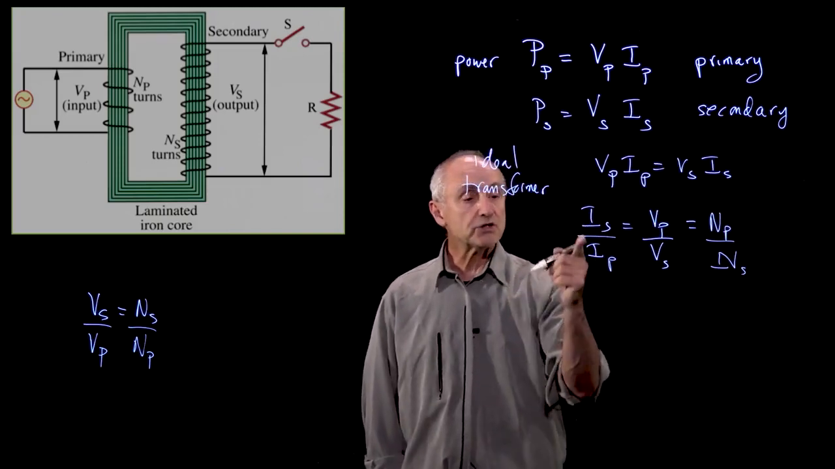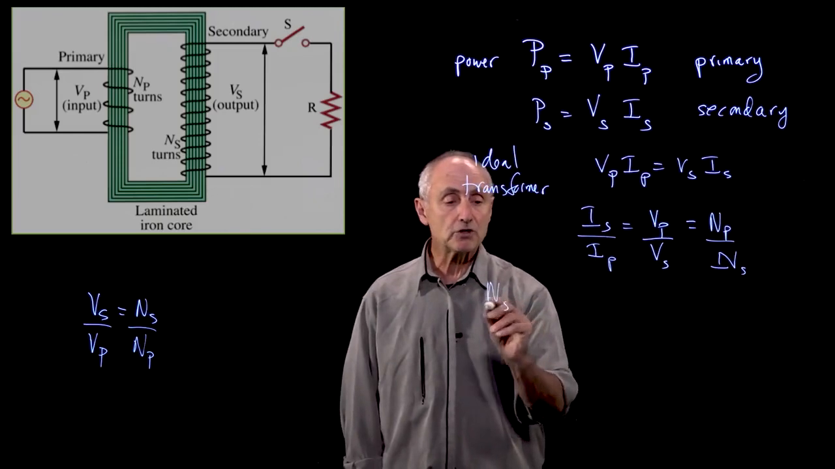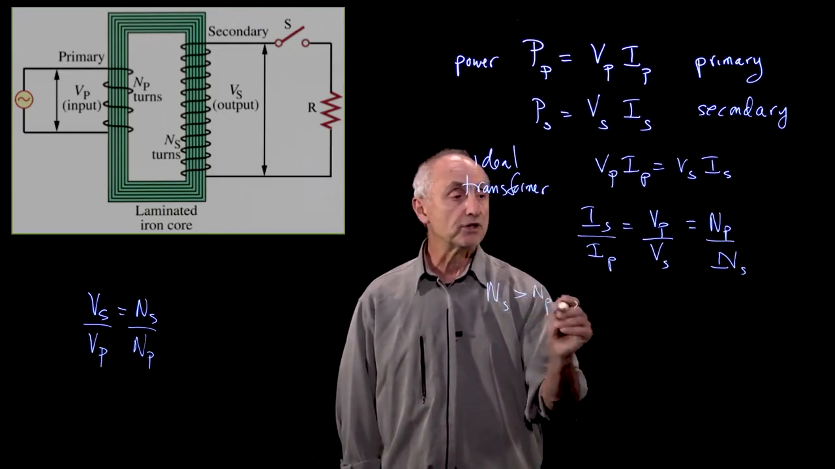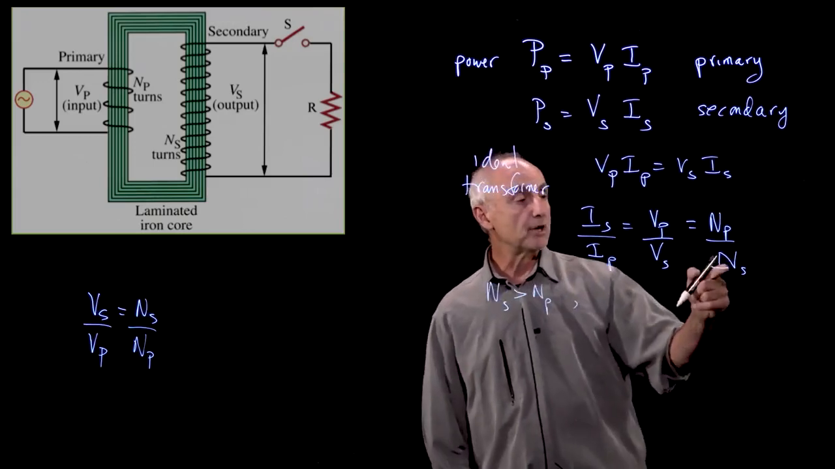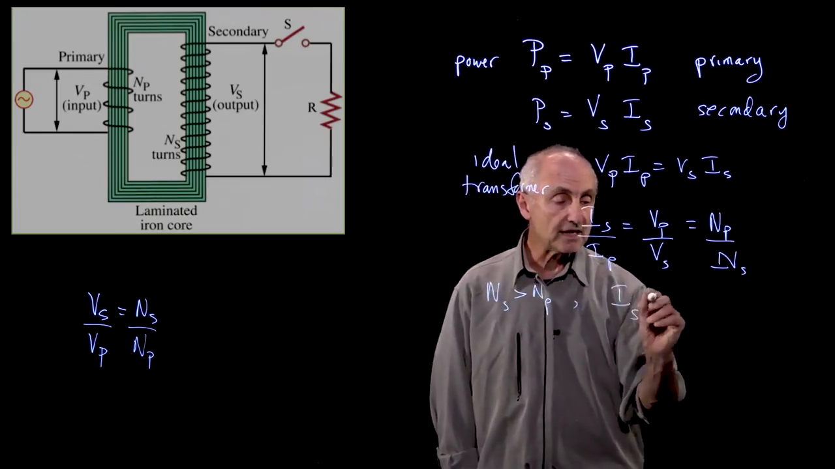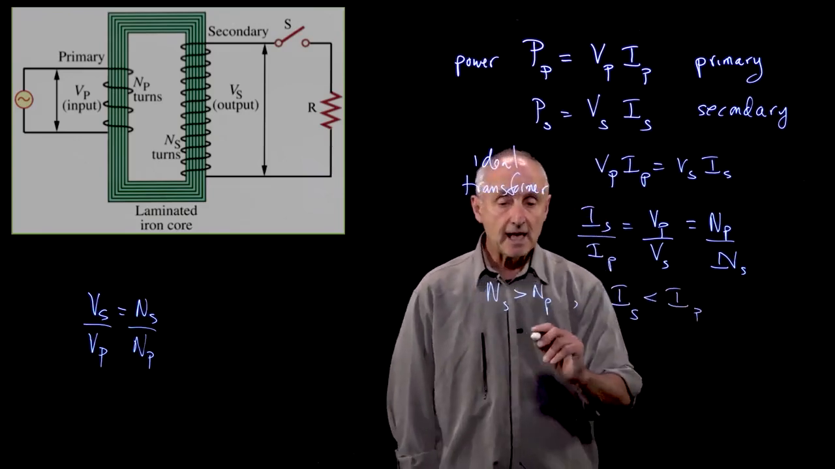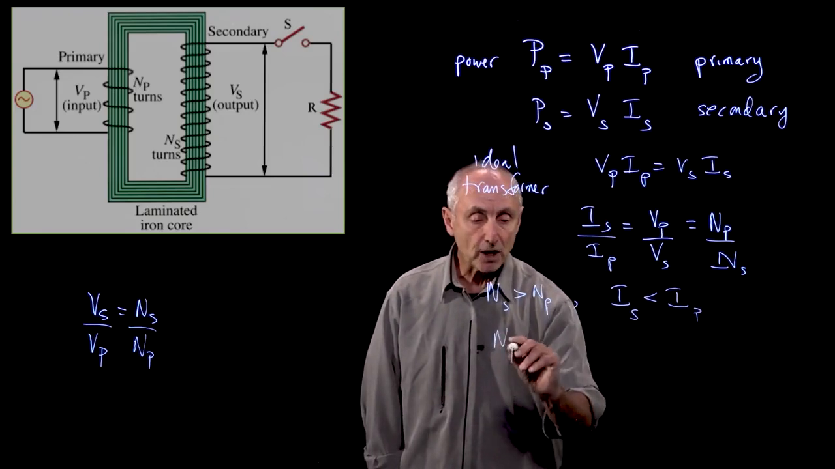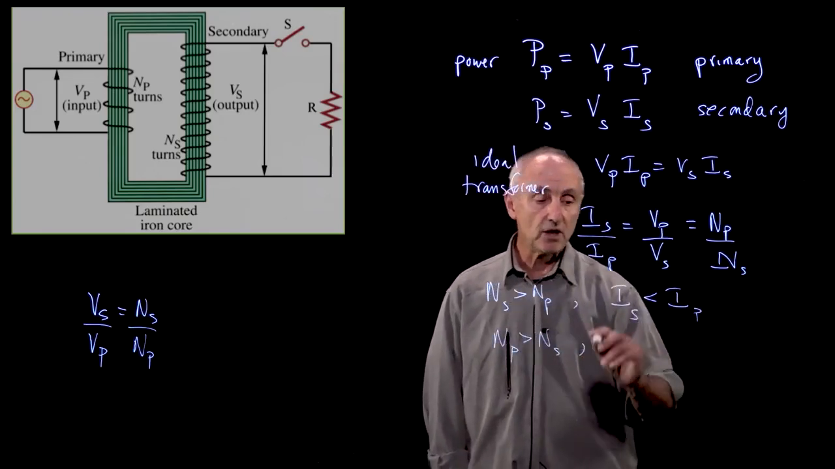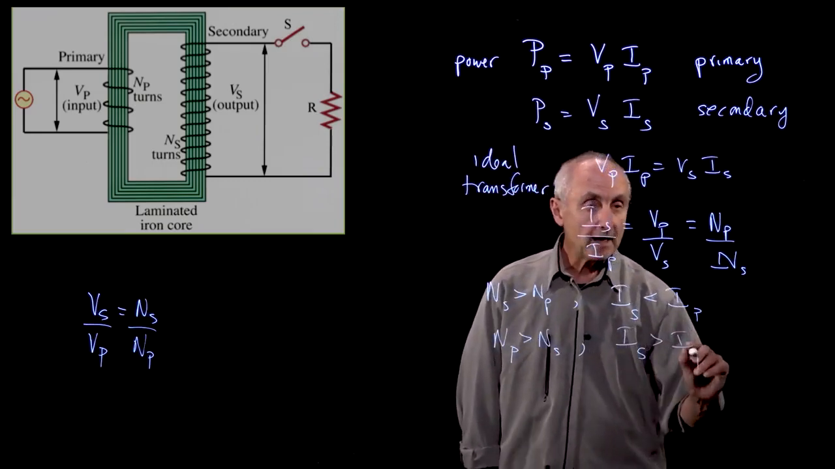So when we look at this ratio, we see that when the number of turns in the secondary is greater than the number of turns in the primary, this number is less than 1, so the current in the secondary is less than the current in the primary. And when the number of turns in the primary is greater than the number of turns in the secondary, we're stepping up the current. And in our experiment,